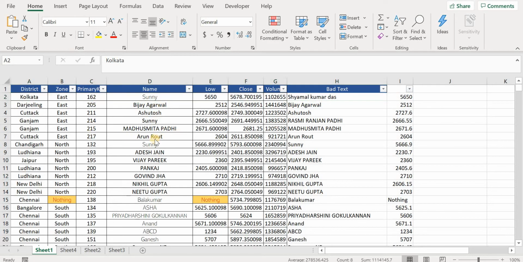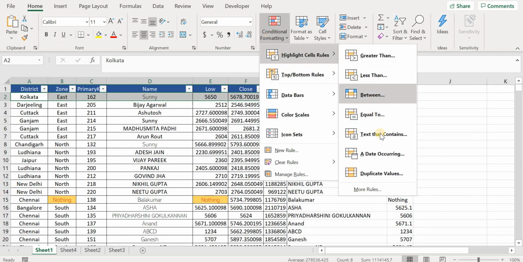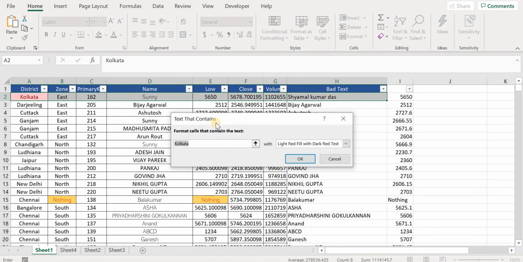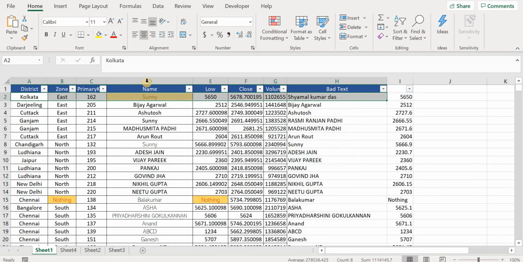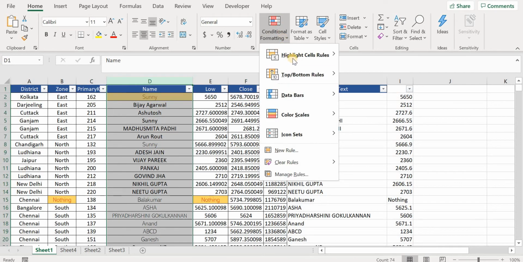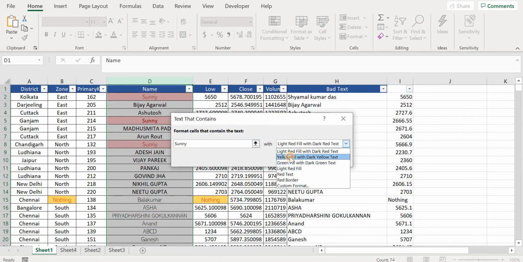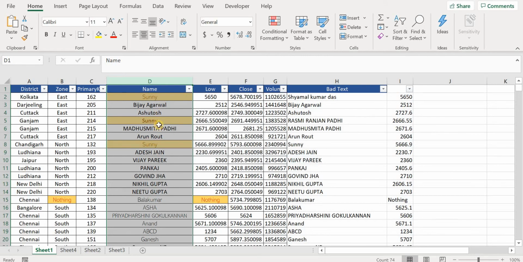You come here, highlight cell rules, come to text that contains, and you type Sunny here, and you fill it with say yellow. So there you go. Now because I have not selected, I select all, and now we use the same thing, Sunny. Now all Sunnies are getting highlighted.